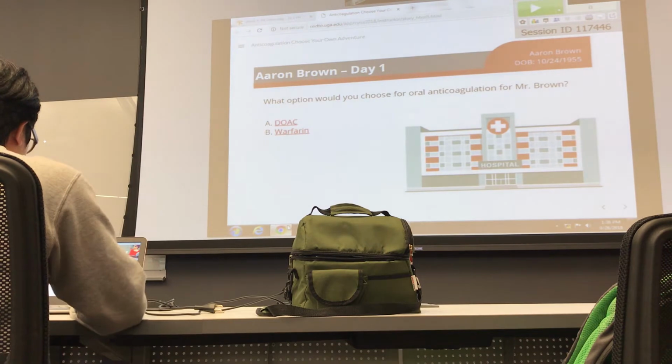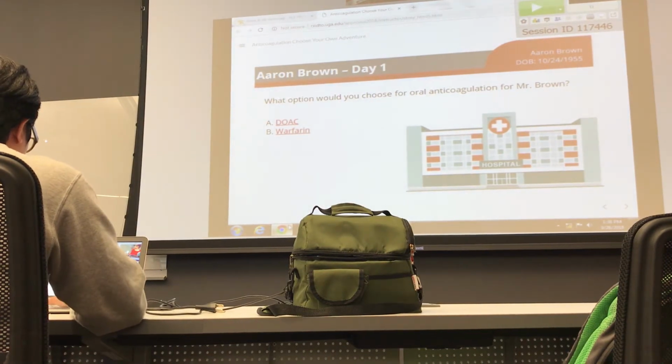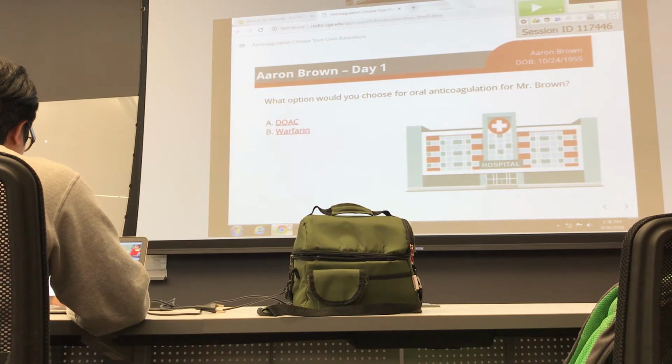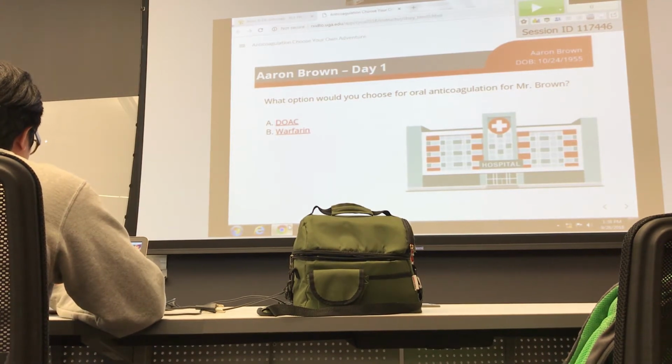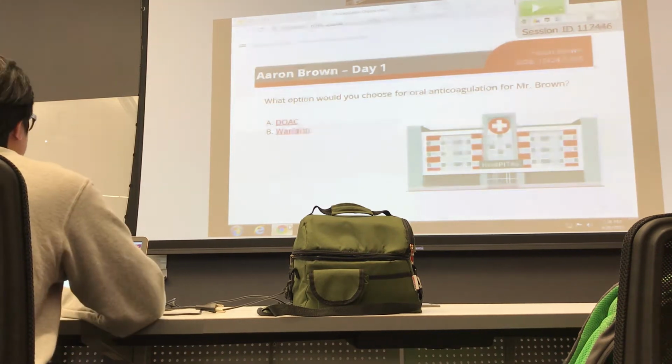So for today's class period, what we're going to do is take that same patient who presented to the ED, and now we're going to follow them to the hospital stay and afterwards. So if you look at the chart, the patient had their ED event a couple months ago. By the end of today's class, we're going to bring him up to today, and he's going to be in a clinic visit with us today. So for day one, we're going to go back into history. We're going to go back a couple months into July, and we're going to start day one.